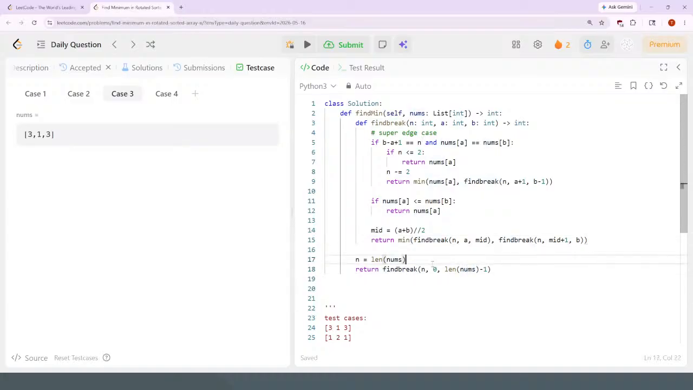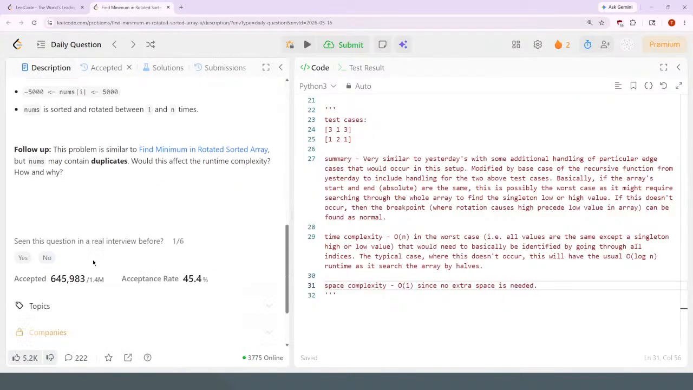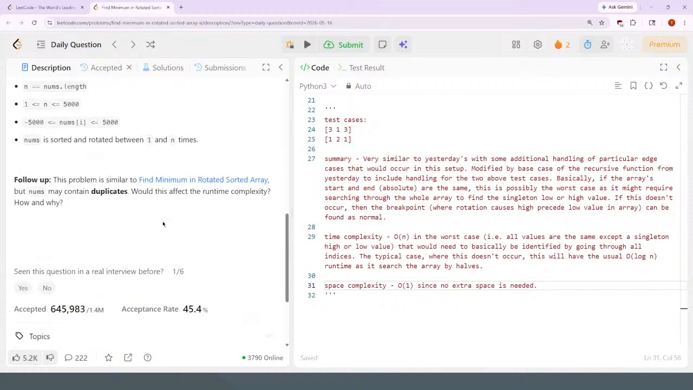Yeah, it splits up into two. If the half is already ordered, then it ignores it. If it's not, then it splits up further to find the breakpoint. Space complexity is going to be O of 1, since no extra space is needed. I'm surprised again that this was such a low acceptance rate, because I think this is one of the easier hard